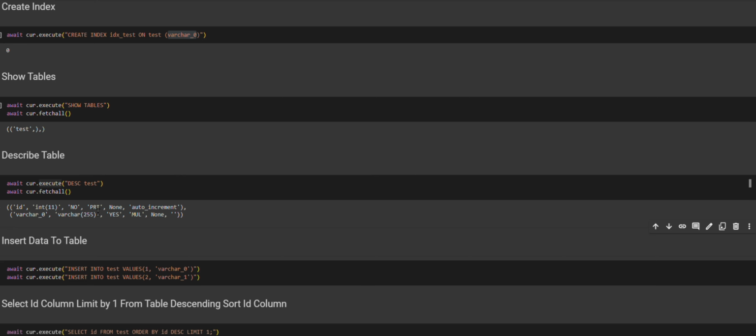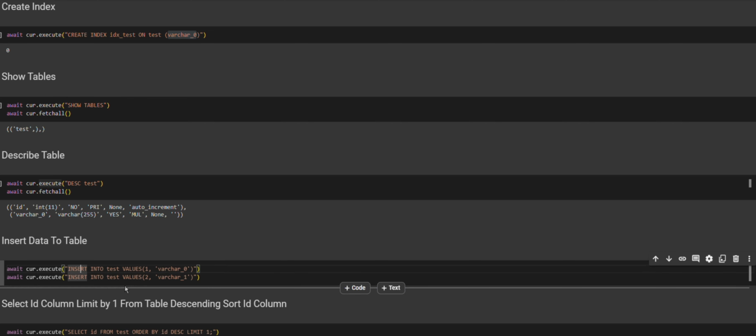Here, the ID column with the type integer, it's primary key, auto increment, and then the next column is varchar 0 underscore 0 with the type varchar and the size is 255.